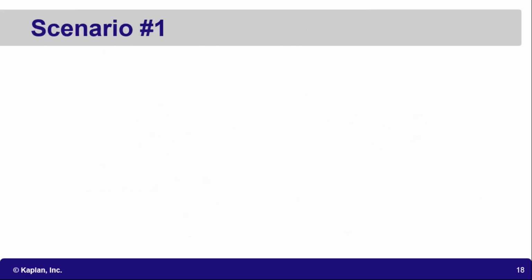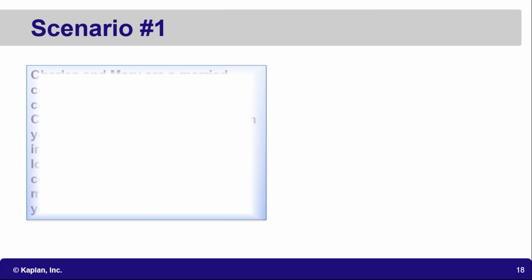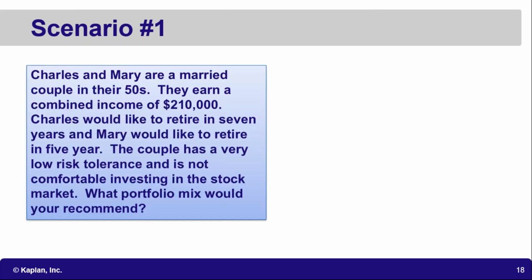So now what we're going to do is some scenarios, where we'll have a scenario of a customer, and then we're going to take a look at some different investments, and we're going to make a decision on what we think is the best choice. Now, on the test, you'll get 4 choices, so we're going to have 4 different choices here. This is very subjective. Some people might pick one type of answer. Some people might have a very good reason to pick other types of answers, but we're going to do this generally so you can get an idea of what it's like to do some of these